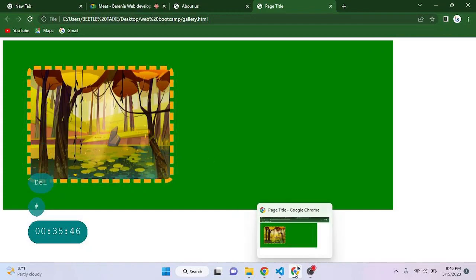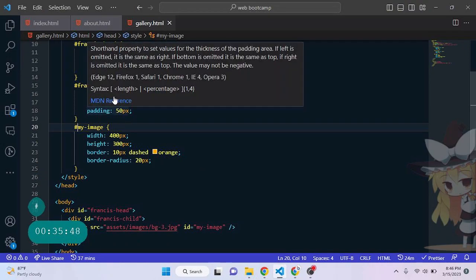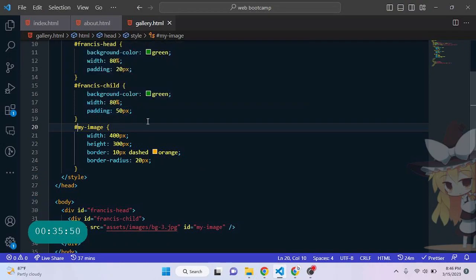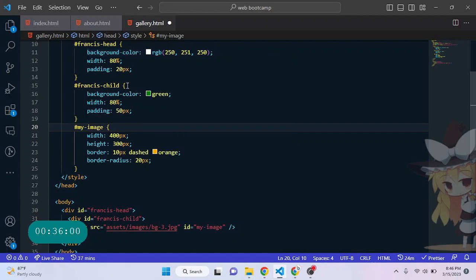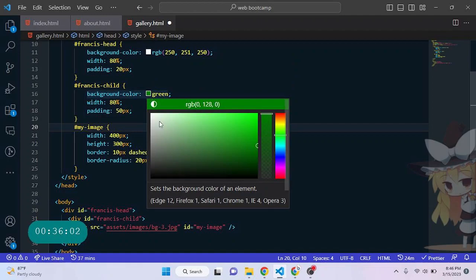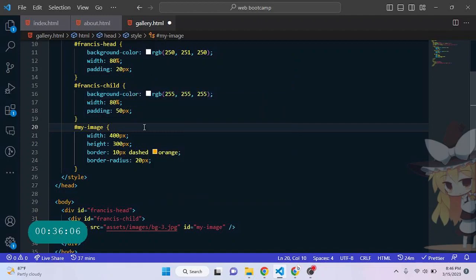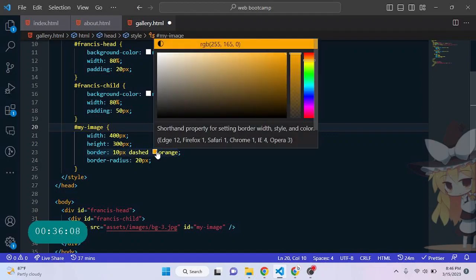I didn't like this color I'm choosing. I'm still using green here. Let me use something that is looking better. Okay, and this place let me use white, and this place let me use